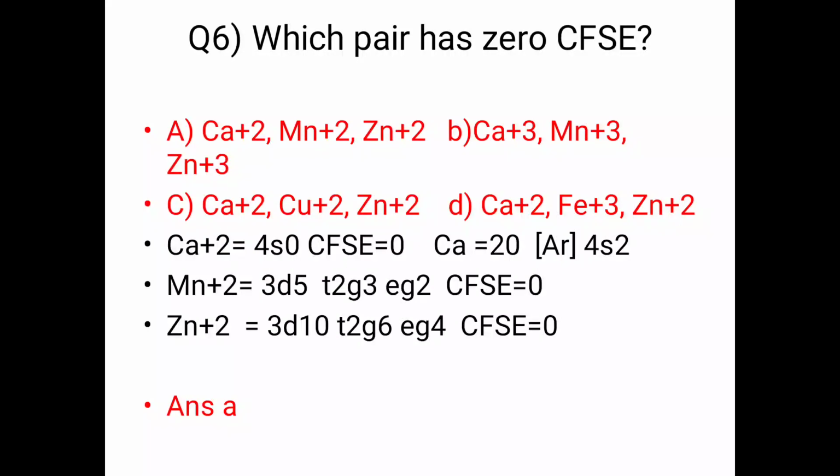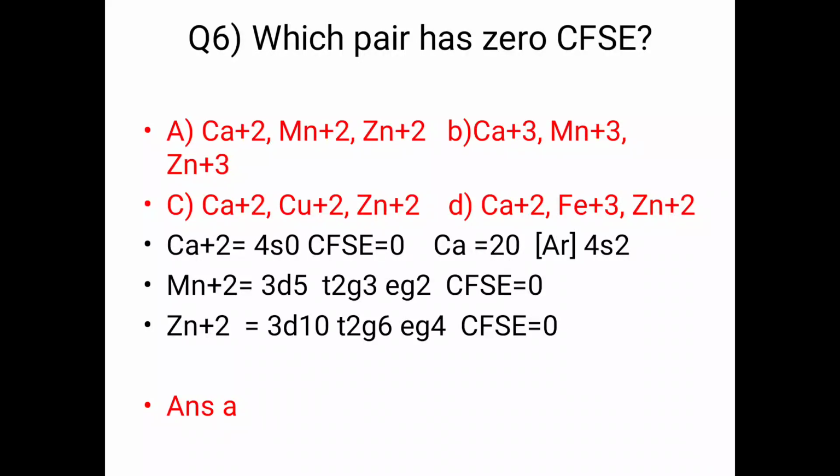Sorry, copper, but Mn plus 2. What is it? 3d5. So 3 are down and on top there are 2. So that is the perfect half-filled thing. That is d5, d10. Those configurations mostly give you 0 CFSE, and for such complexes you always need to consider them to be high spin unless they tell you that they are low spin.